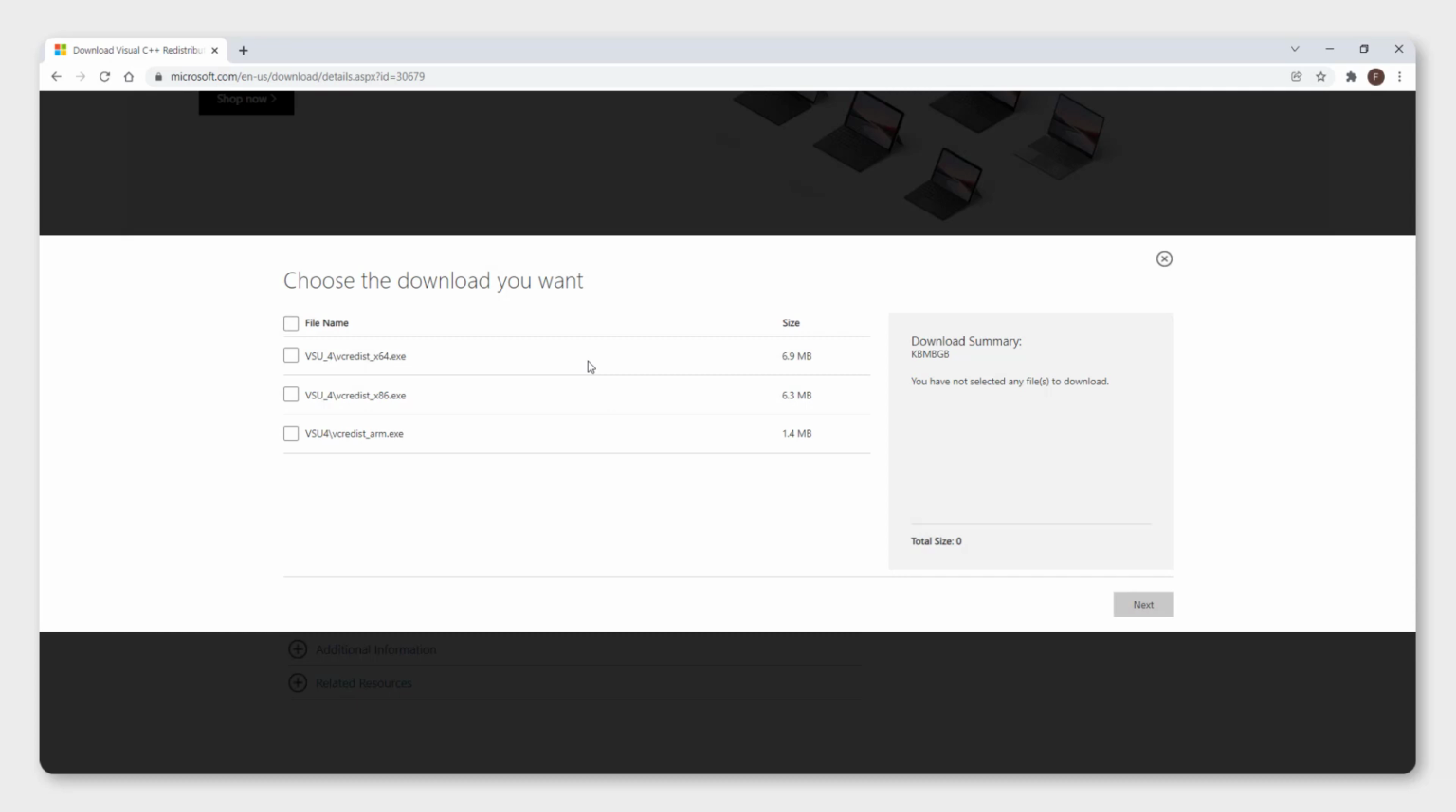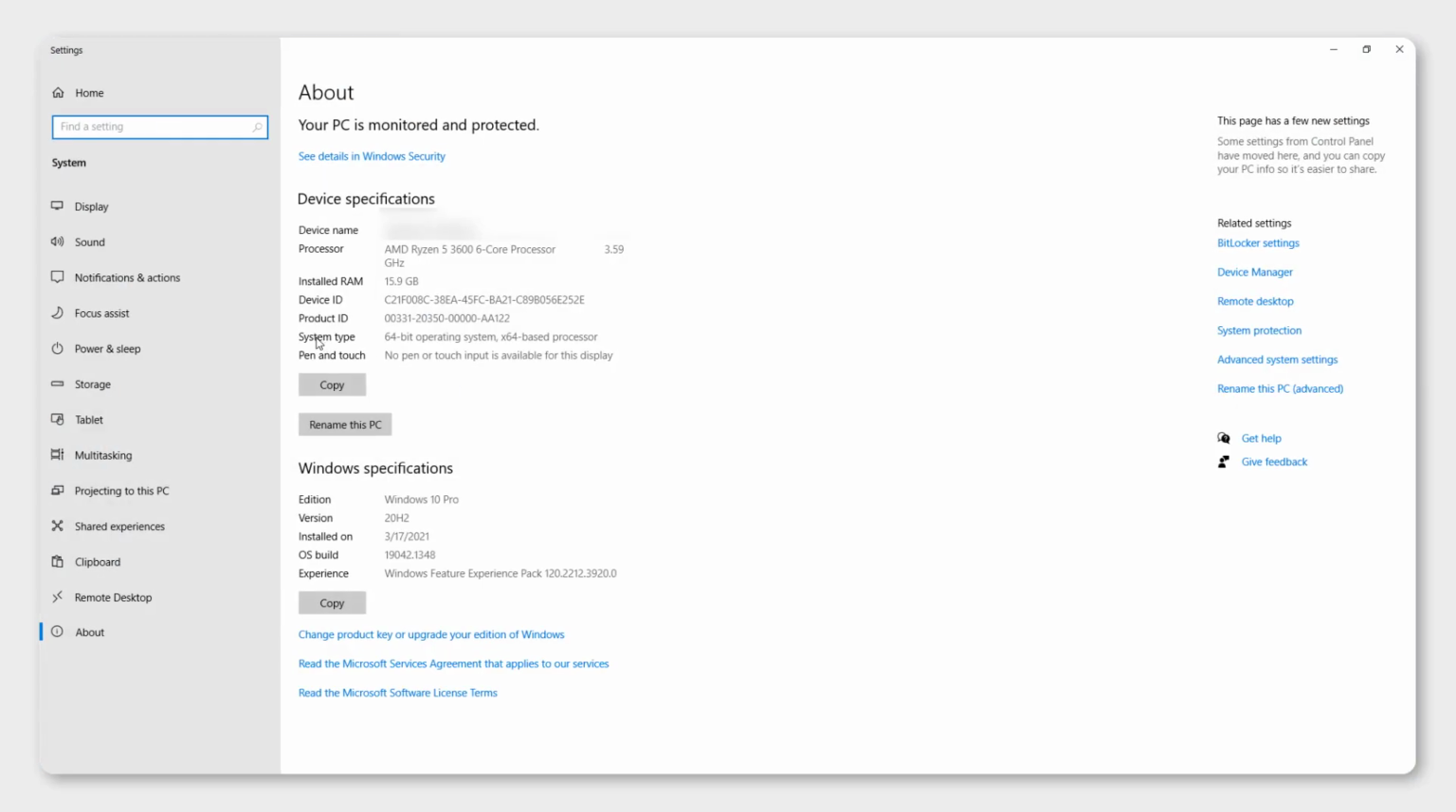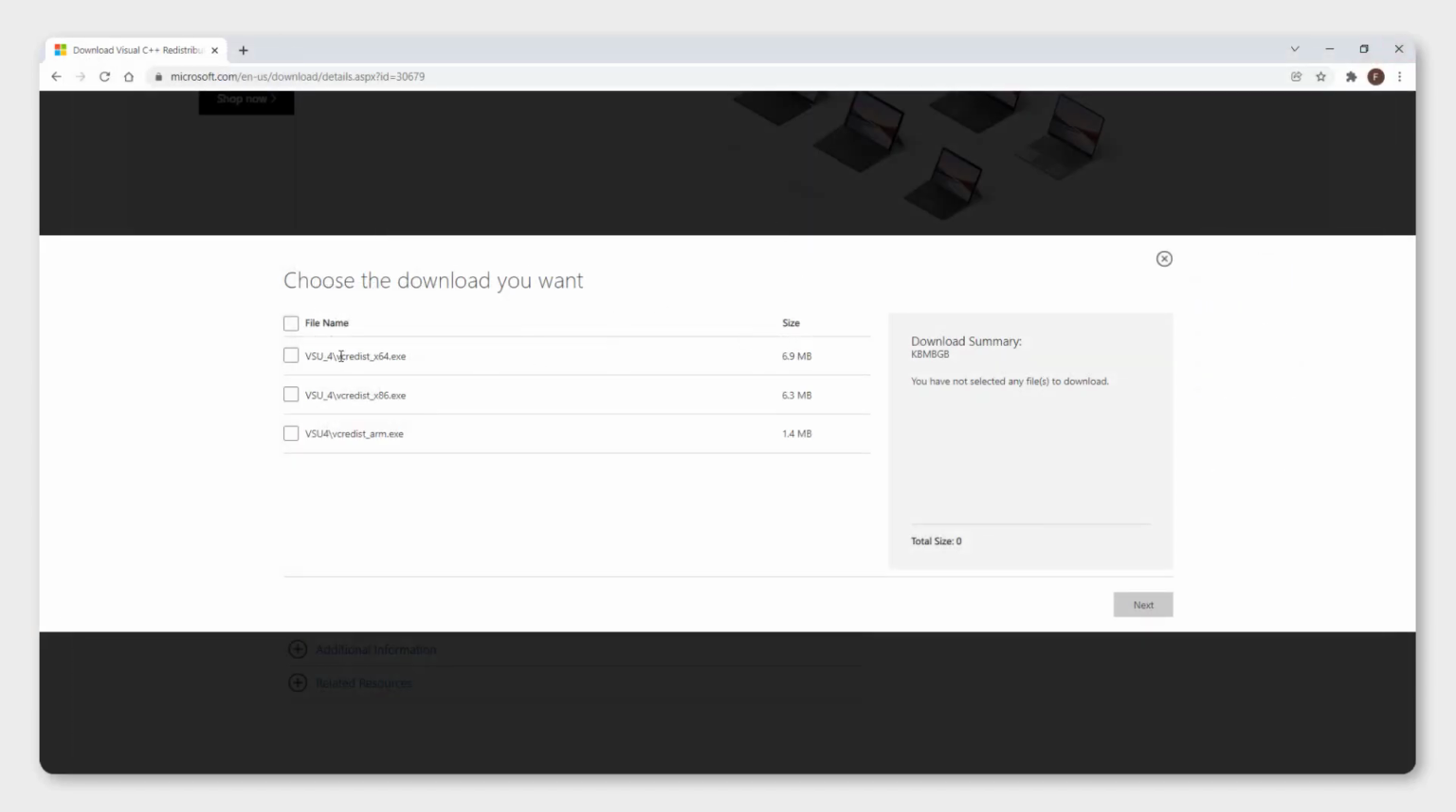If you don't know which is your system type, 64 or 32, just right click on your Windows, go to system, and over here you can see system type, 64-bit operating system, so we need to download this 64-bit. Click next,